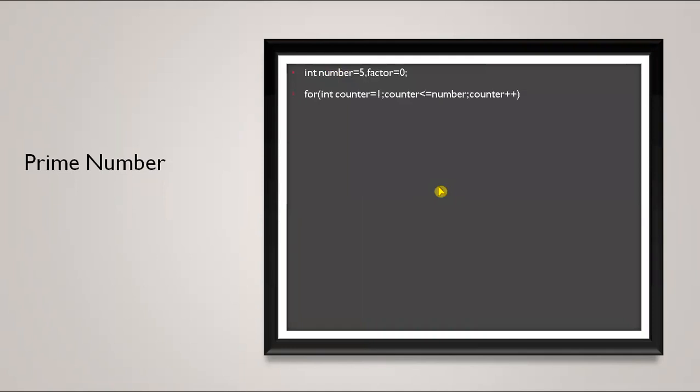So for integer counter equals to, we should not start with 0 because we cannot divide with 0. So that's why we cannot start with 0. It should start from 1. In case we think that, as we said, it has to iterate 5 times because number equals to 5, right? It should always start from 1. Okay, it's not like it should start from 0, right? So integer counter equals to 1, counter less than or equals to number, counter plus plus,